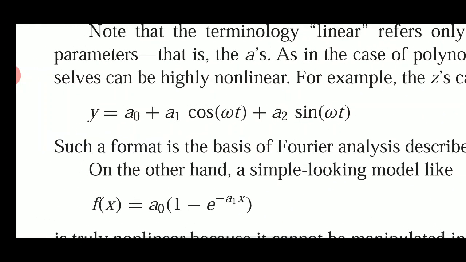Once again, you will ask how this can be linear when you have cos and sine functions. Once we calculate the values of a0, a1 and a2, what we are doing is taking a linear combination of different multiplications, right? So an individual element can be non-linear. You may say that cos omega t into a1 is a non-linear function, but once we calculate a1, then for a given omega t, this value will be linear, right? So a1, a2 and a0 are basically coefficients. They are linear, and we are expressing y as a linear combination of some multiplications. That's why this is called a linear regression, right?